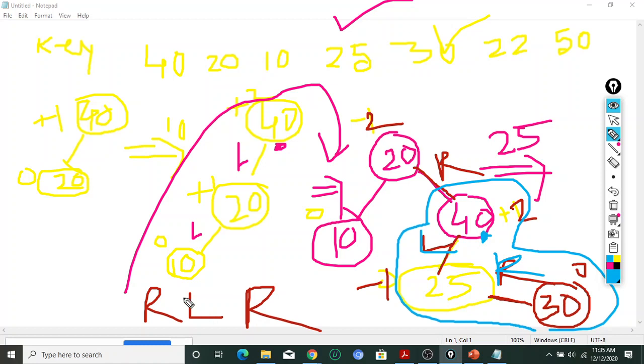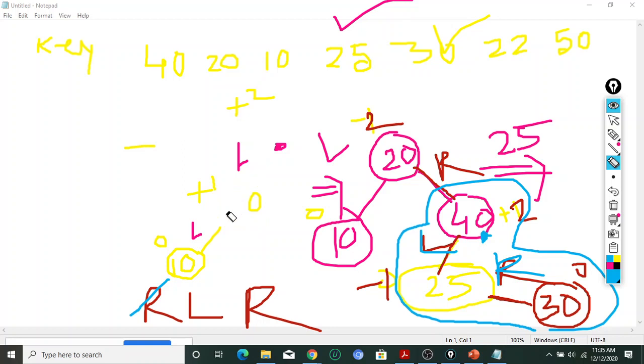Yes or no? So I will remove this one. We will not consider this one. After doing that, we can see that the entire tree must be balanced. So let me redraw this one. We are considering this one. Let me draw once again. I am doing it in a single step.